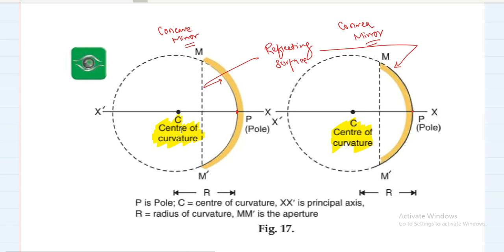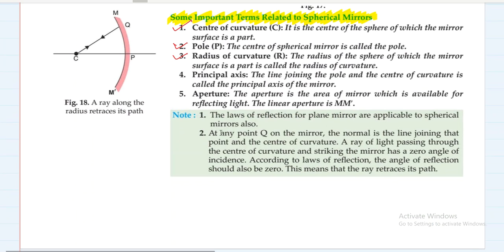दोनों टाइप के मिरर के लिए प्रिंसिपल एक्सिस की डेफिनेशन वही रहेगी। ठीक है, यहां पे ये लोग ने इमेजिनरी लाइन वर्ड यूज नहीं किया है, तुम यूज करोगे तो कोई फर्क नहीं पड़ता है। इट इज एन इमेजिनरी लाइन, ऐसी कोई फिजिकल लाइन तो होती नहीं है। ठीक है, उसके बाद है अपर्चर।